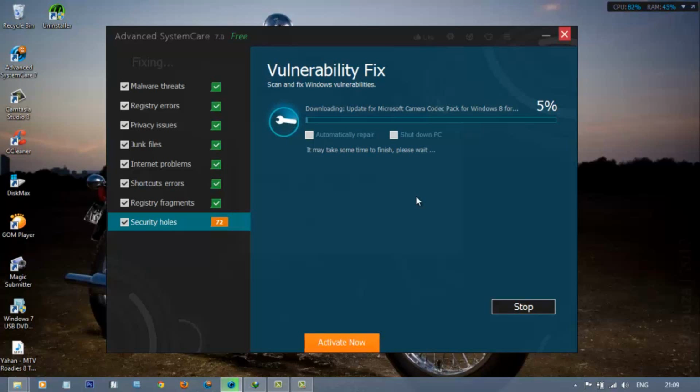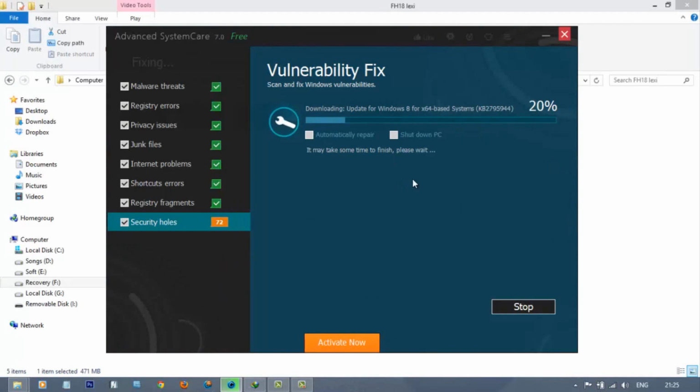As you can see in the Windows vulnerability fix, Advanced System Care is automatically downloading a Microsoft camera codec pack for my Windows 8. Basically in this module, it detects installed software and drivers on your system, and checks if there is an update available for it, and if present, it downloads and installs it automatically for you, so you don't have to search for an update individually.